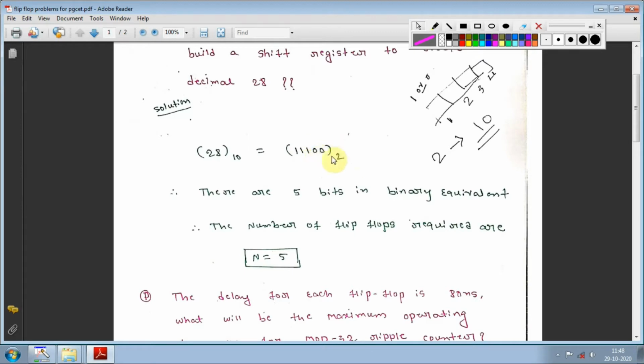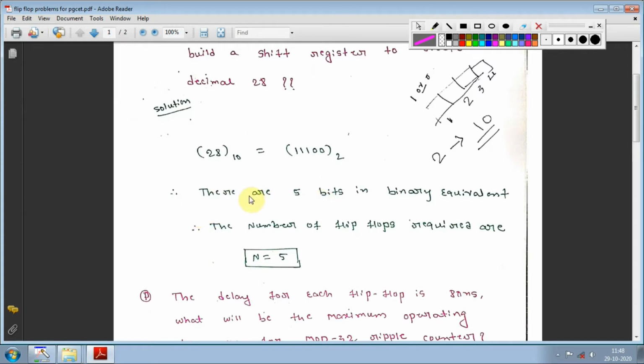You know how to do these conversions, because we learned them in the first semester of basic electronics itself. If you don't know, you can go to our playlist and find a lot of videos on how to convert binary to hexa, hexa to binary, then decimal. All the possible 12 conversions between the 4 types of number systems we have covered, so you can refer to the examples there.